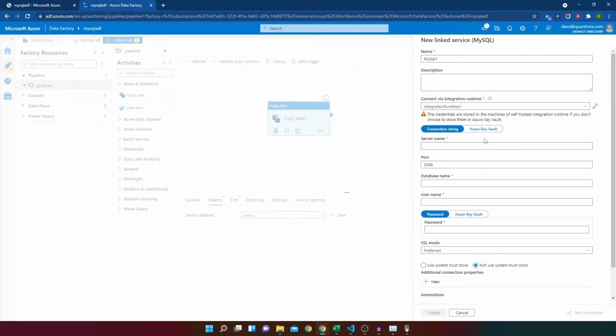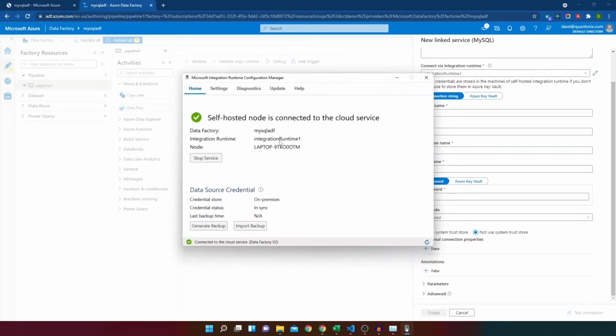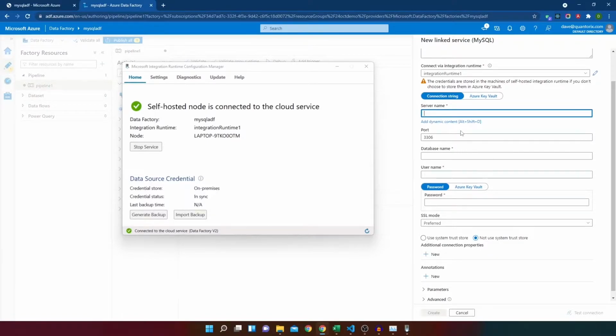This is all the credentials or the server details that we have to put. So let me open the integration runtime once again, and this is the server name or the node name we have to put there. So let me type it, laptop, then 90K, I think it's O0, and this should be O0OTM. Port is